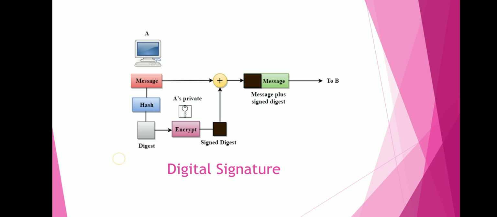Okay, so let me discuss one more important crypto primitive that will be required in blockchain technology, that is digital signature. So what is meant by digital signature, and why is it required? In order to provide the security services like authentication and integrity, we need a digital signature. So how to generate the digital signature? There are two algorithms: one is digital signature creation and the other is digital signature verification.